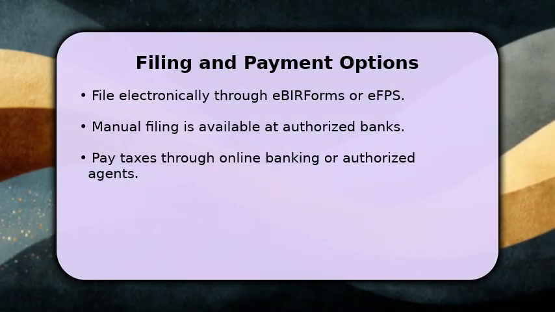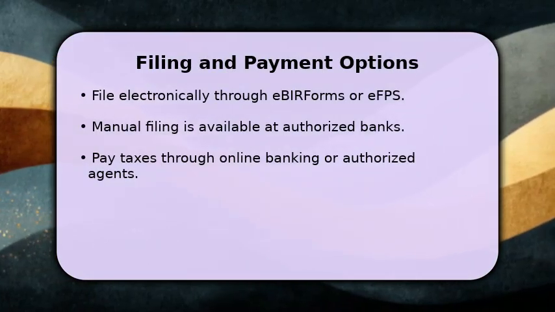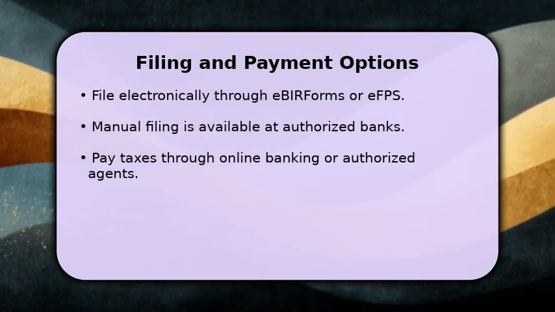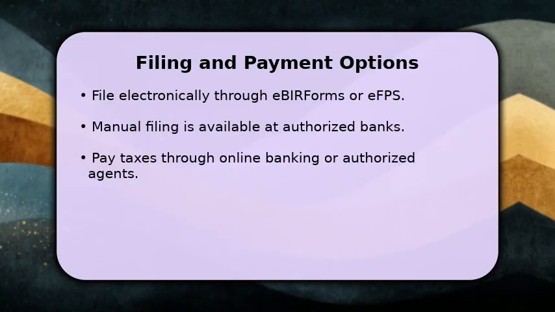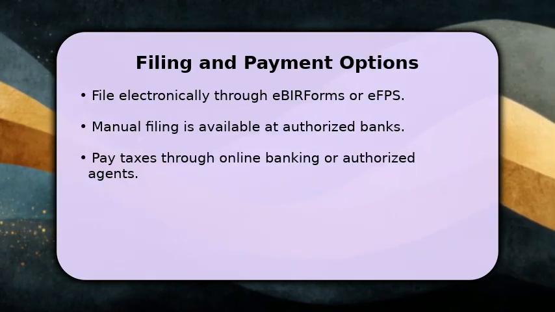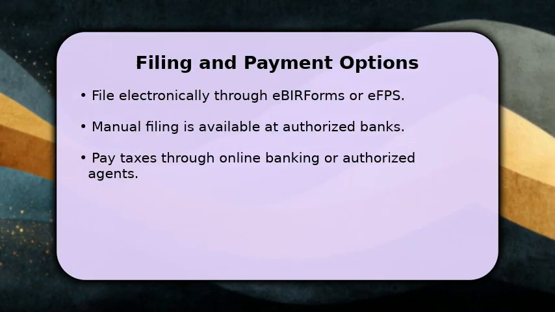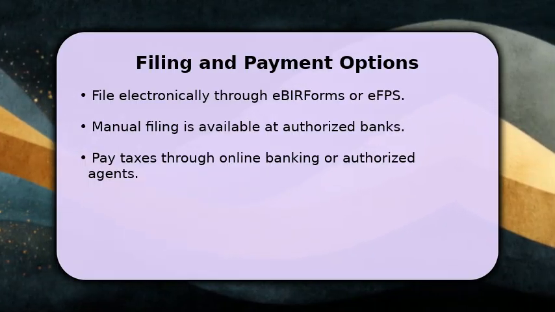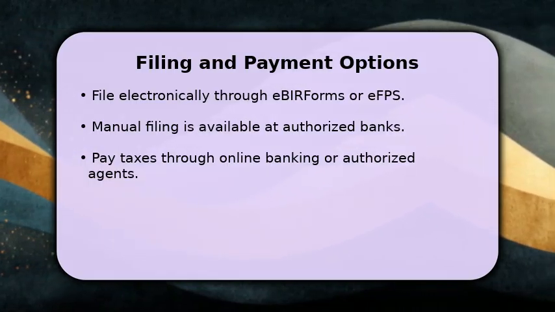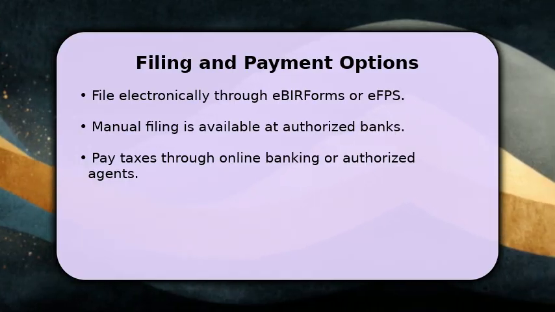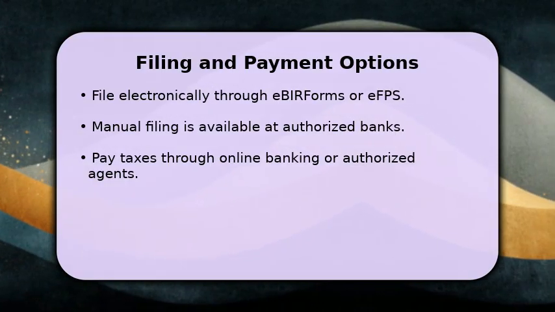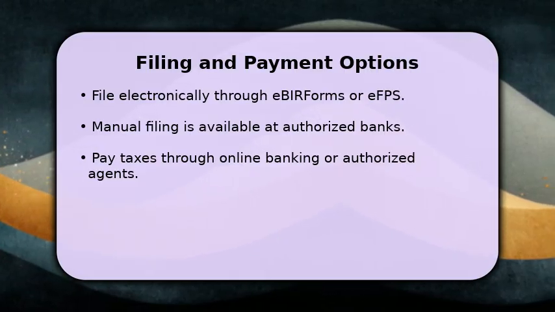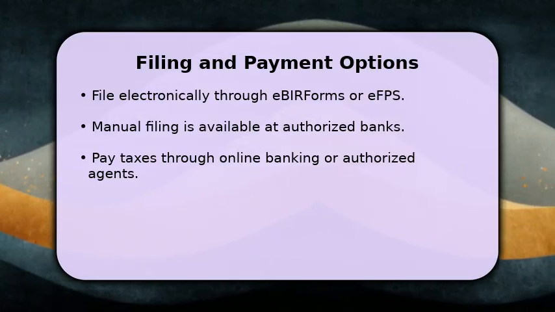your tax liability. You have several convenient ways to file Form 1701Q. You can file electronically using the eBIR Forms package or the eFPS system, which are both efficient. Alternatively, manual filing is an option at authorized agent banks. For payments, you can use online banking facilities or pay directly through authorized agent banks. Always ensure your filing and payment are completed on time to avoid any penalties, and maintain good